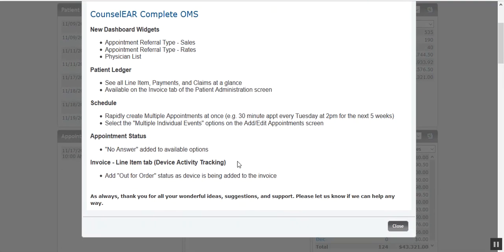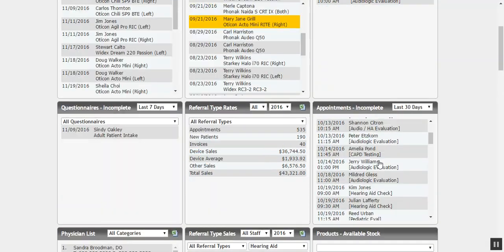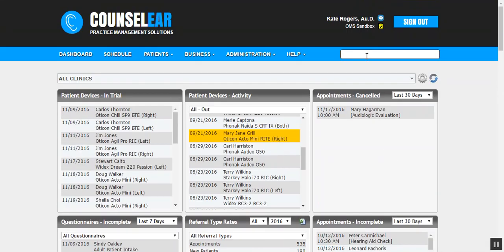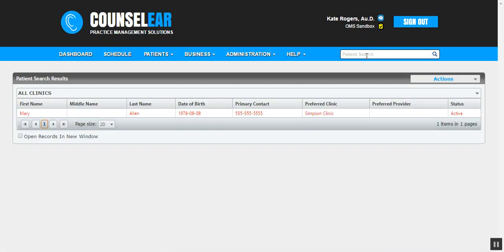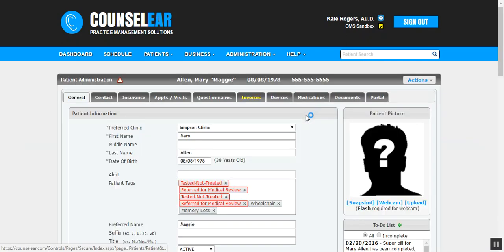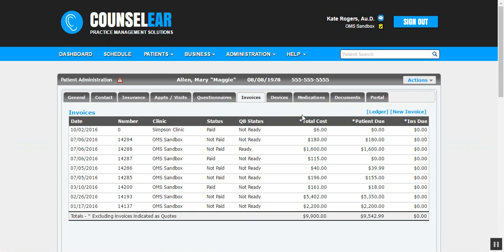All right, so moving on then, look at the patient ledger and the invoice changes. So let's go ahead and just search for a patient real quick here. The patient ledger feature is designed to really give you the ability to view line items, payments, and claims all in one place. Because what often can happen is the patient has a question about,